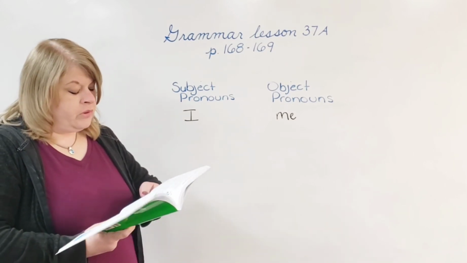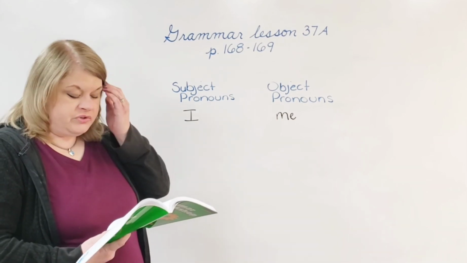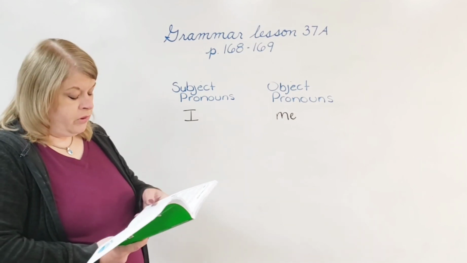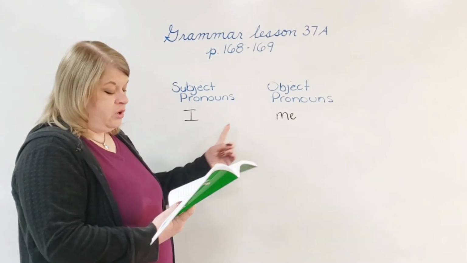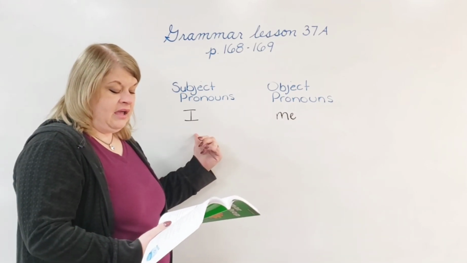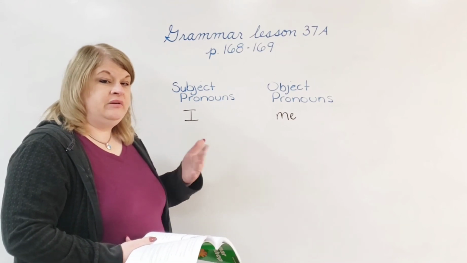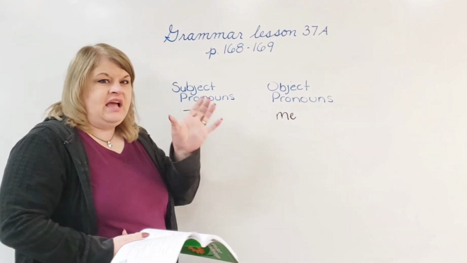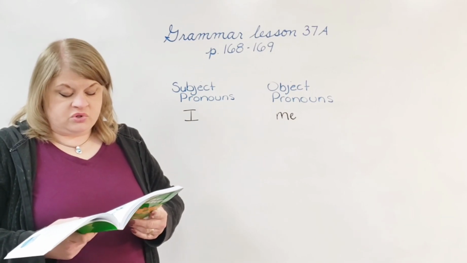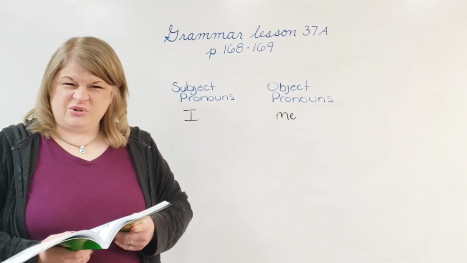Number 2, my sister and blank also sold some books and clothes. Well, our action again is sold. So this comes before sold. My sister and I also sold some books and clothes. We don't say my sister and me sold, because if you take out my sister and, then it would be me also sold some books and clothes. That's not right, is it? Me also sold? No,